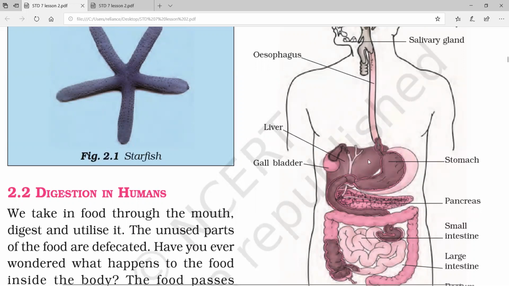It gets its secretions from two glands which are present in the body. One gland is the liver. It is the largest gland, which is reddish brown in color, and it secretes bile juice, which is stored in a sac-like structure called the gallbladder. So you will see here the gallbladder. Whatever bile juice is secreted by this liver is stored here, and then it is thrown into the small intestine.